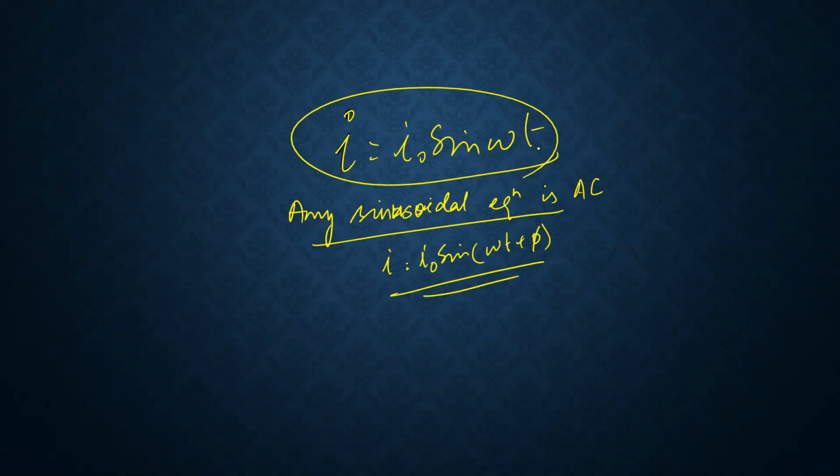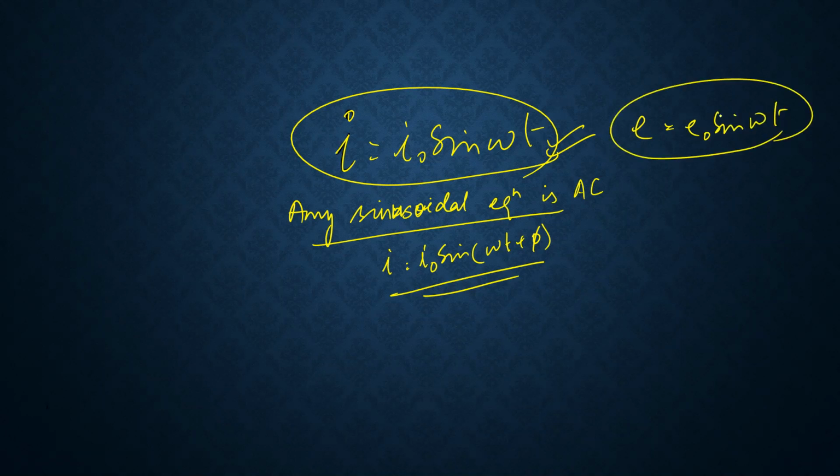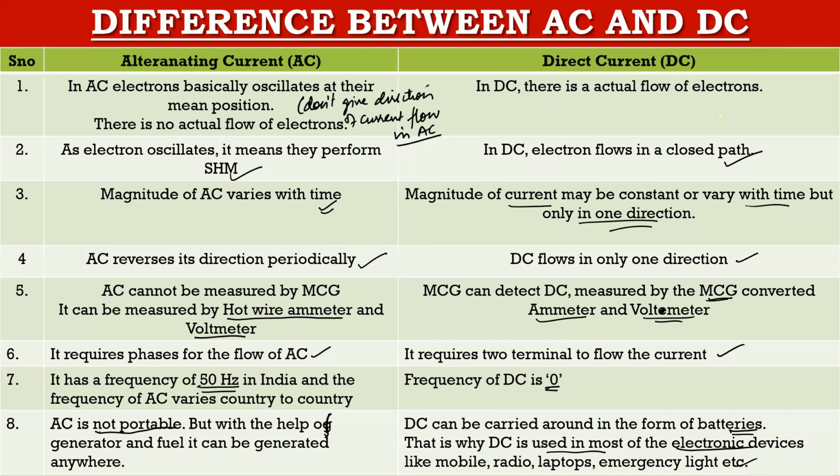तो ये आपको ध्यान रखना है कि I is equal to I naught sin omega t, ये आपकी करंट की इक्वेशन हो गई, एंड E is equal to E naught sin omega t, ये आपकी अल्टरनेटिंग EMF की इक्वेशन हो गई। तो ये दोनों ही बातें आपको बिल्कुल ध्यान रखनी है, और इन्हीं दोनों इक्वेशन पर बेस्ड अपना पूरा का पूरा चैप्टर है। दैट्स ऑल फॉर टुडे। थैंक यू सो मच। गॉड ब्लेस यू।